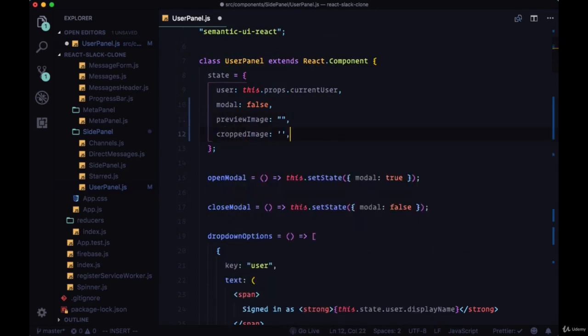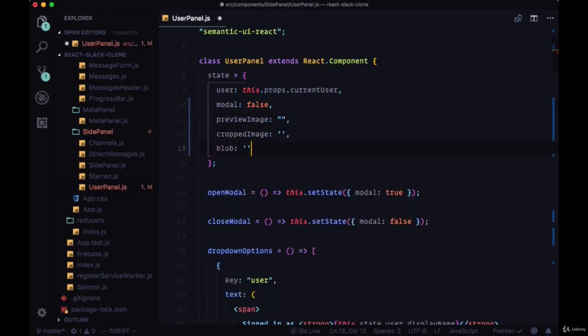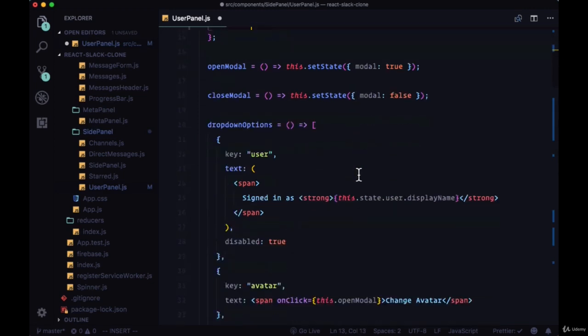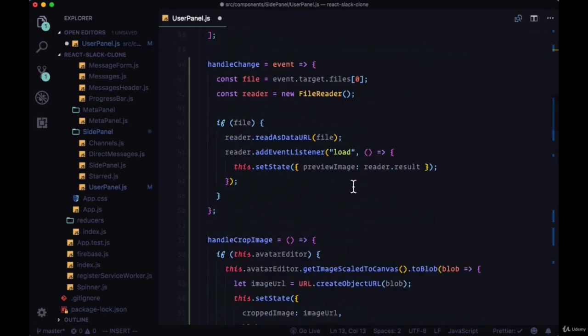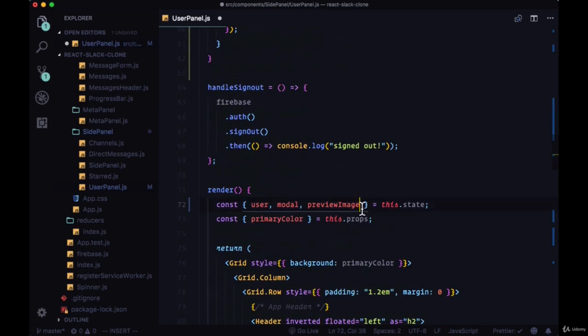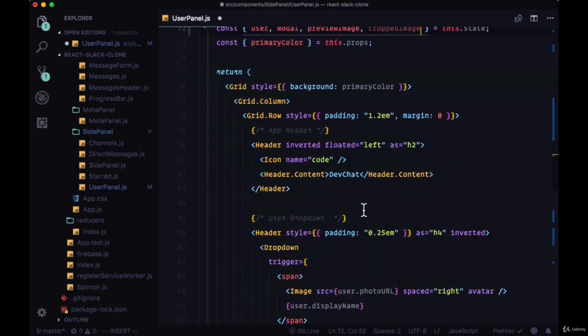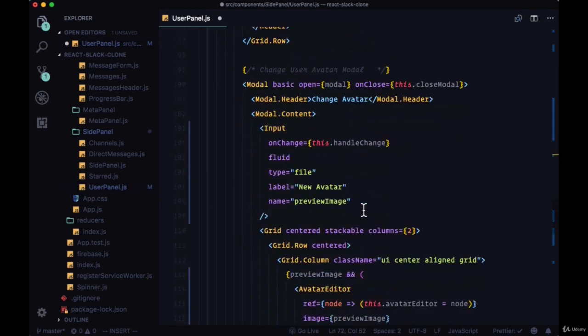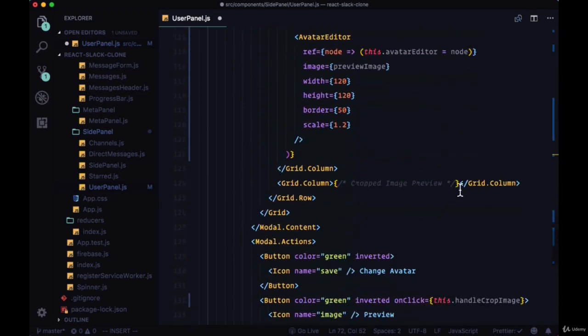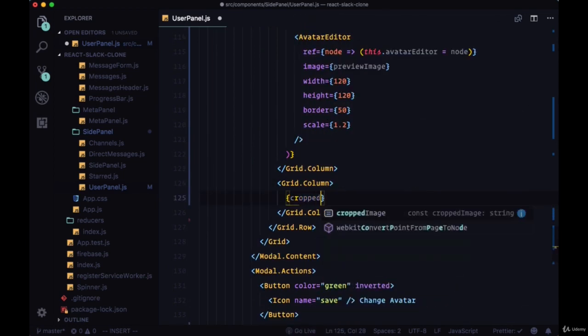So the cropped image property will allow us to see another preview of the image that we've selected with the avatar editor component, and the blob will be necessary for sending the image file over to Firebase storage. So we'll destructure cropped image from state within render, and then within our second grid column we're going to first